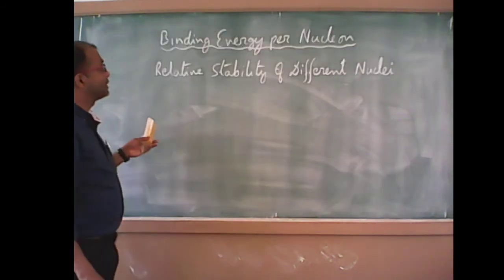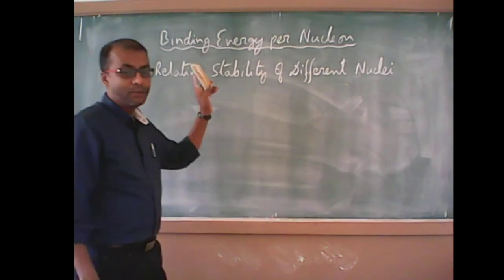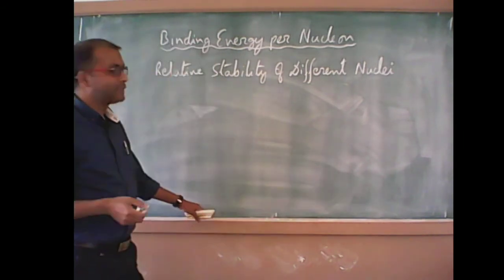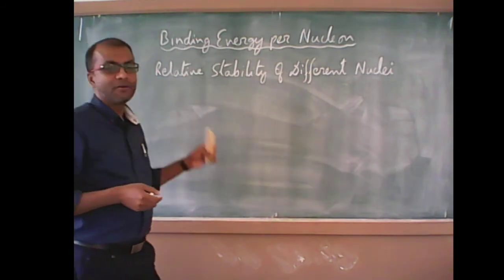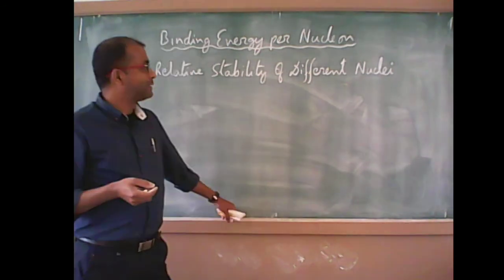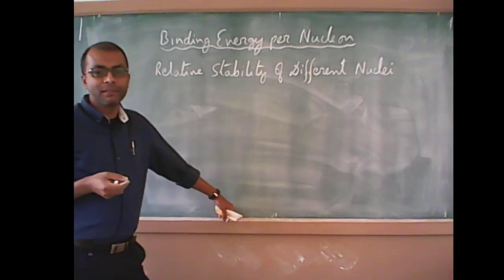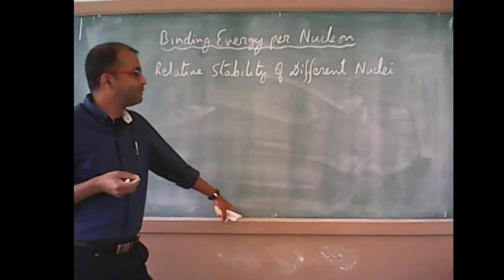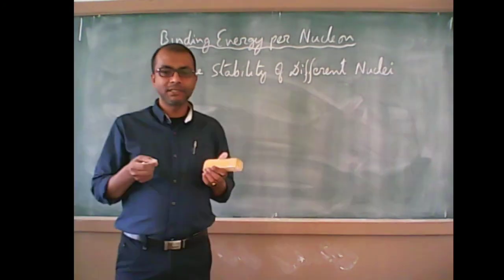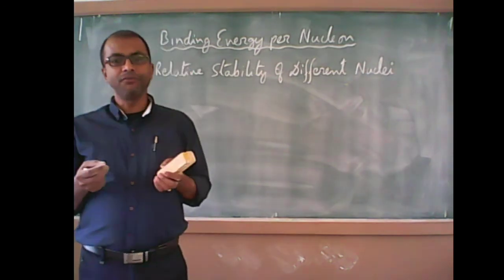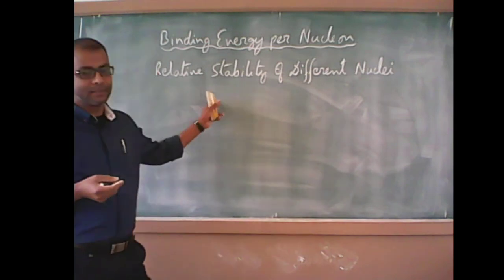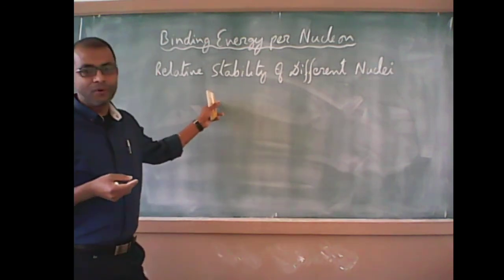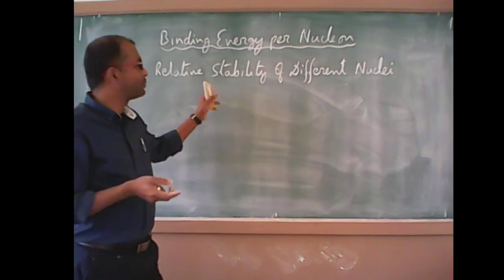Okay, the next thing we'll talk about is the binding energy per nucleon of a nucleus. Why is it important? If we want to study the relative stability of different nuclei, it's not enough just to compare the total binding energy of the different nuclei. Why does this binding energy arise in a nucleus in the first place? It arises because of the strong internucleon interactions due to the strong nuclear force which is holding together the nucleons